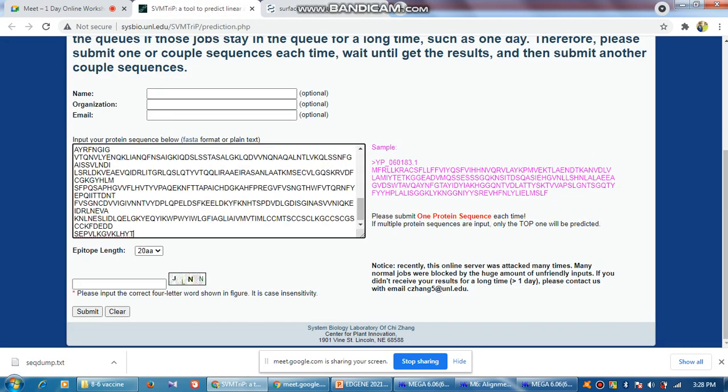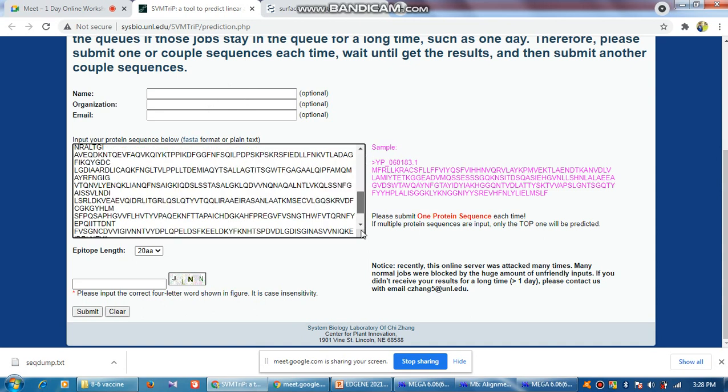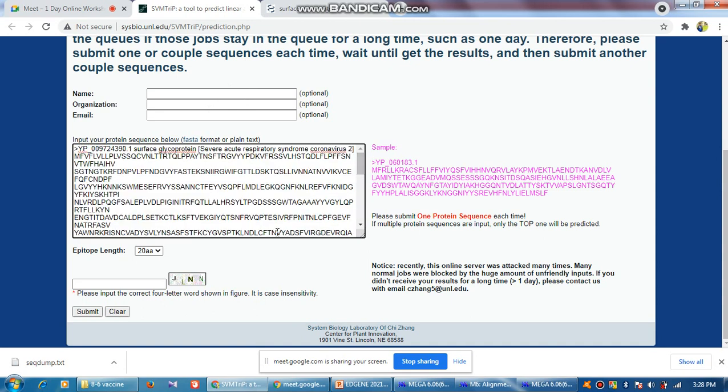Okay, so come a little down, you can give them information about your name, organization and email. They usually contact you if they find that your study is novel and not many people are doing it. But here with this sequence, everybody else is also doing it. But this is how to identify a specific region with all different possibilities. So it's a lot of tasks that should be done.